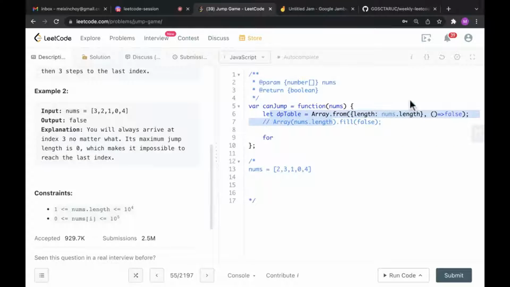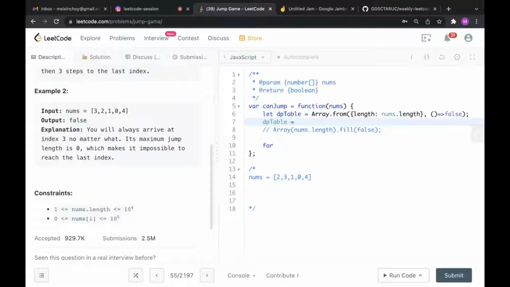So now, since I've already created the DP table, I will loop through the DP table, right? Okay, but before doing that, I have to set the first element to be true. Okay, as we know that we can already reach the first element without any moves. Okay, so DP table at index 0 would be true. Now we can start to loop through the DP table. Okay, but usually in interviews, we don't call this DP table. We would try to make it more descriptive, okay, like jump table or something like that. Okay,